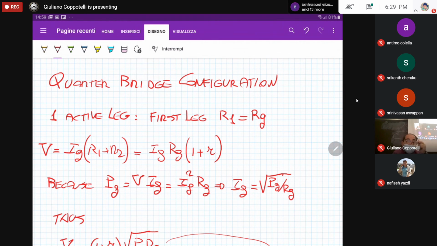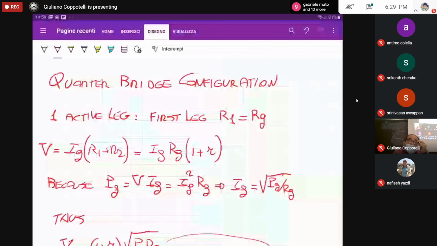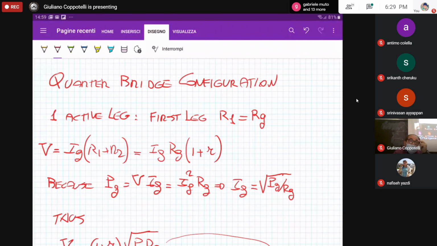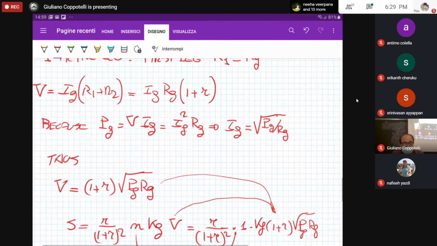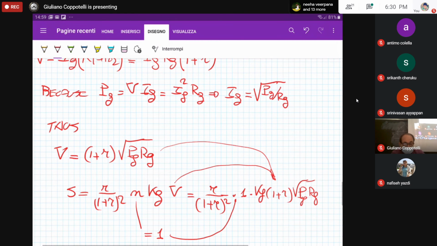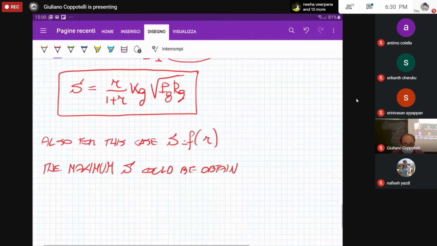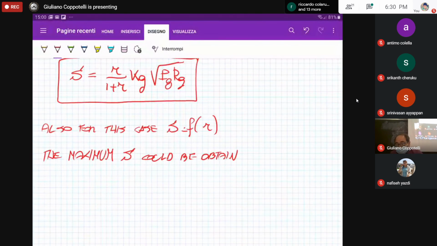The input tension is equal to Ig times R1 plus R2, that is Rg plus 1 plus R times 1 plus R. Here is R, lower R, and then just play with it. Okay, so if that is true, and it is, the maximum sensitivity could be obtained just by